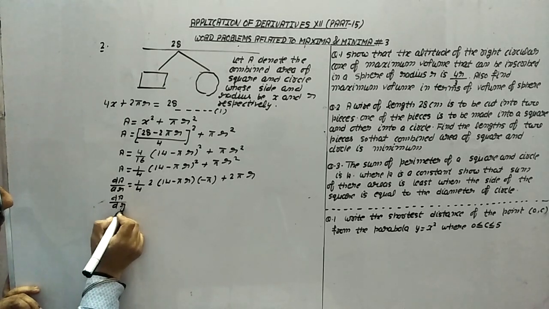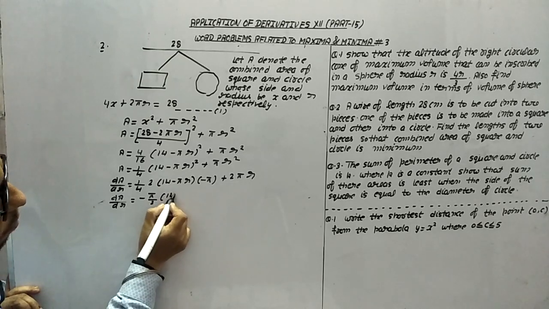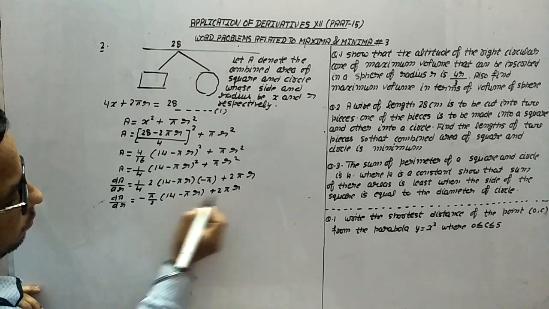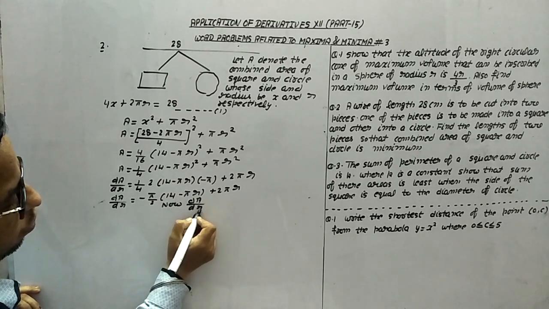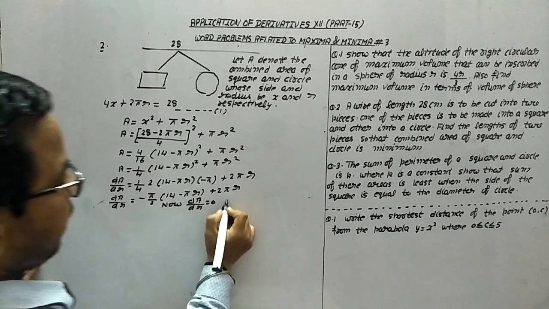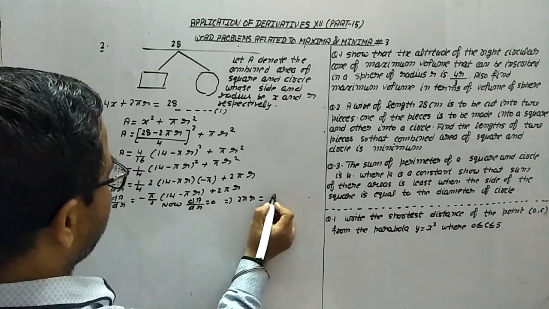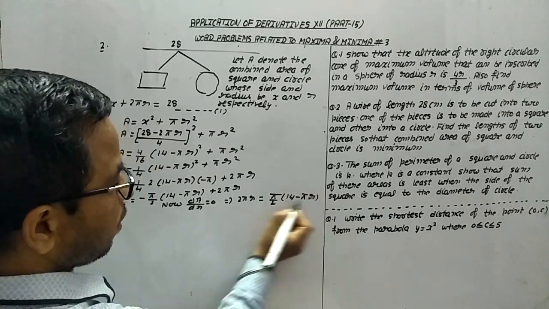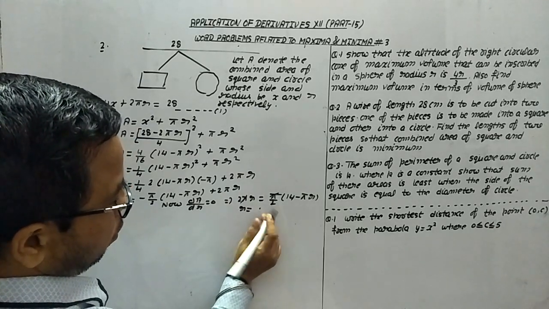dA by dr is equal to minus pi by 2 into (14 minus pi r), plus 2 pi r. Now dA by dr is equal to 0. It implies that 2 pi r is equal to pi by 2 into (14 minus pi r). Pi cancels out. It means